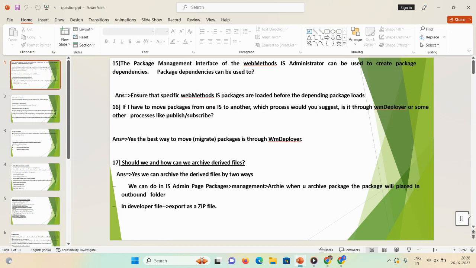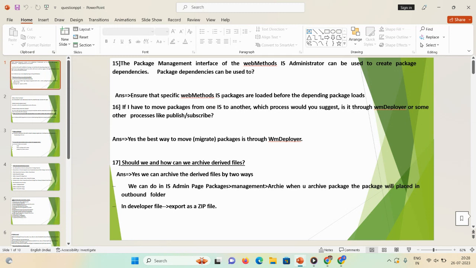Sometimes your code runs on a Windows system, and the client wants to run your code on Linux. That time also, in the version control system, package dependency comes into the picture. So you need to answer: it ensures that specific webMethods Integration Server packages are loaded before the depending packages load. That's why package dependency is mandatory.